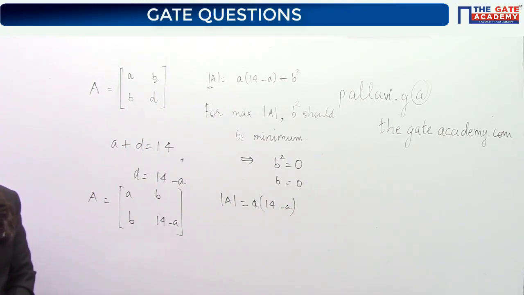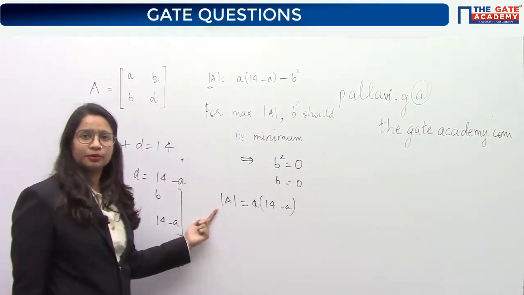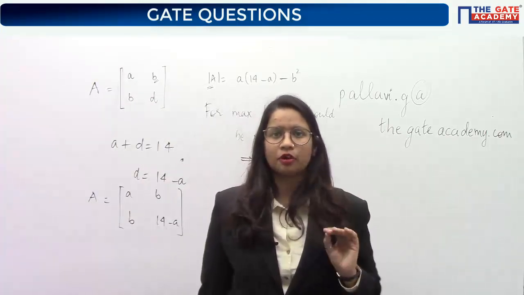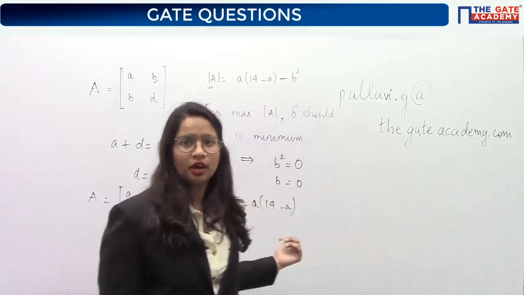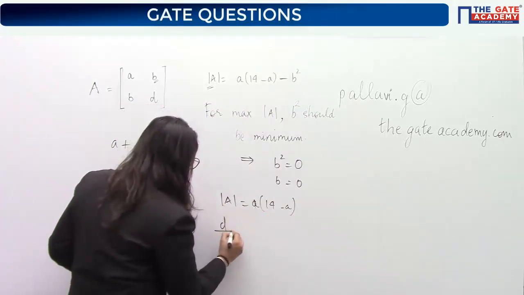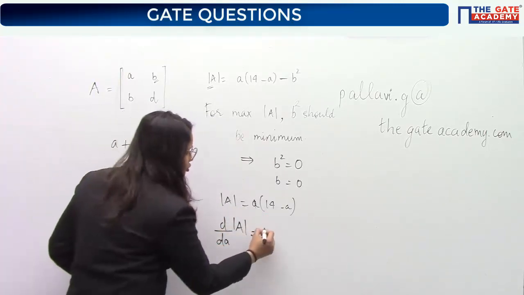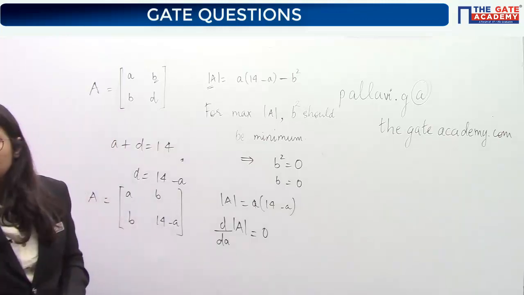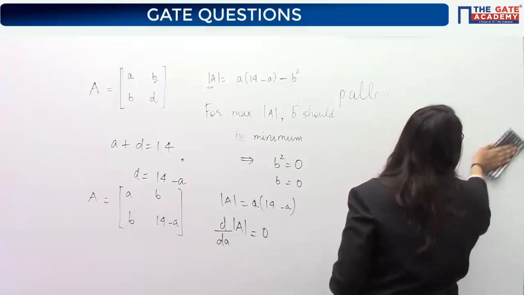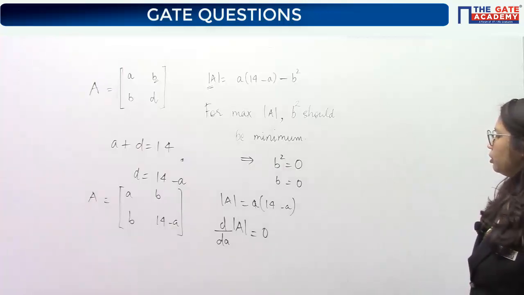Yes, everybody is answering right. Now what was asked is to maximize this determinant value, and we have a variable A. If you know the concept of maxima and minima, then you can solve this question. For this determinant value to be maximum, d by dA of the determinant should be equal to 0. If you don't know this, we will discuss it in the calculus chapter, how to find maxima and minima. You differentiate the function with respect to the variable and set it equal to 0.